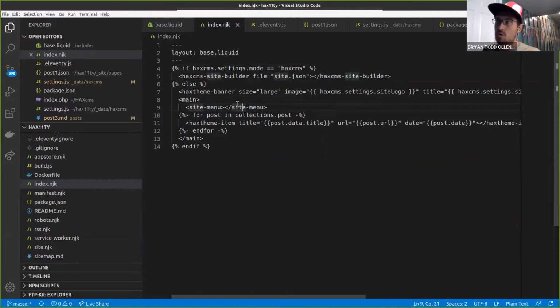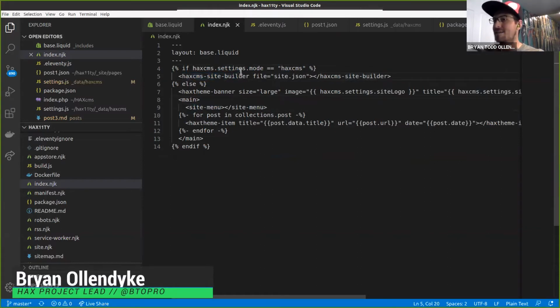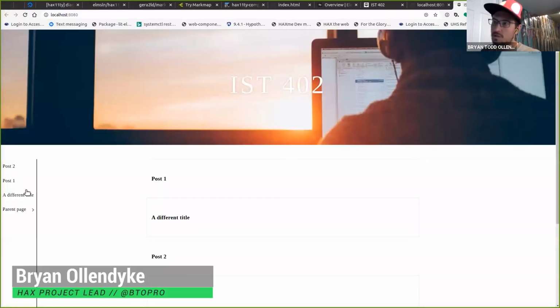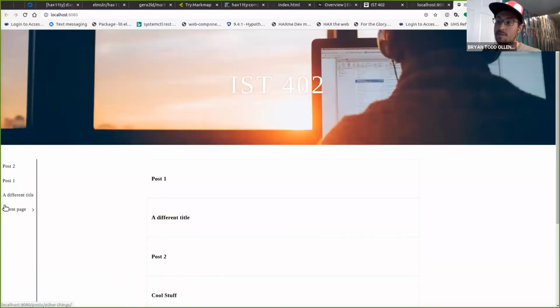Because of the work we put into this, now site menu is able to leverage just the store of Hack CMS without any of the render engine of Hack CMS, which means you can start to use the tags. If you can see the link at the bottom, it actually has the correct state management, just like that whole full-blown theme had, but just for this one element. So now if I click to a different page,